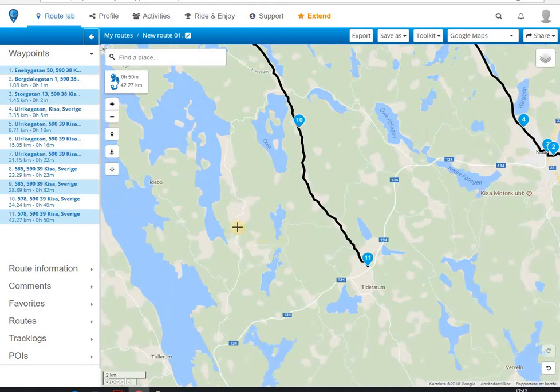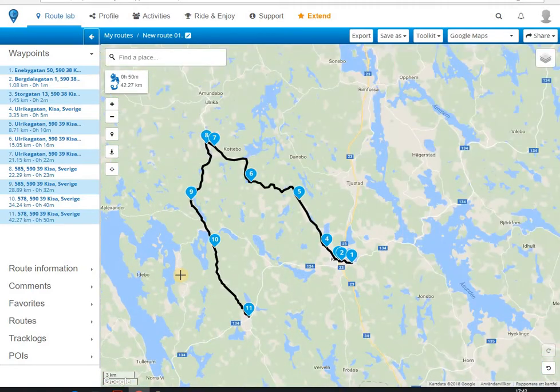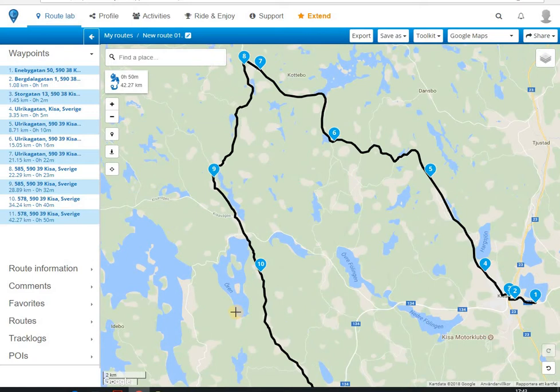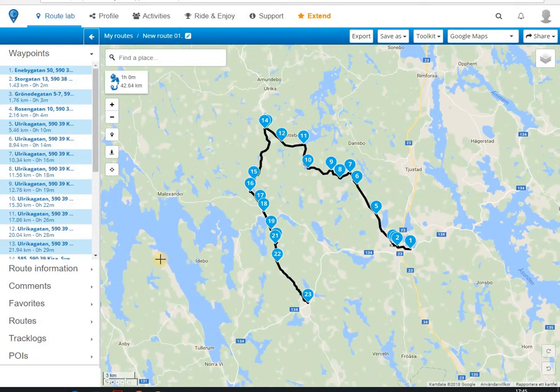Zooming out a bit, I inspect the route so I can see that it is according to my idea of the route I wanted to create. Initially I had some issues regarding getting strange directions, even though the route seemed to be correct, and at this level it can be difficult to see if all the waypoints are correctly located. By zooming in on the route I realized I had to review all the waypoints from number 1 to 23